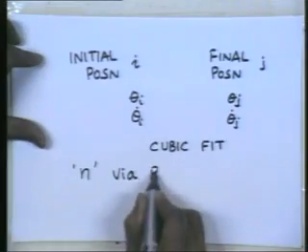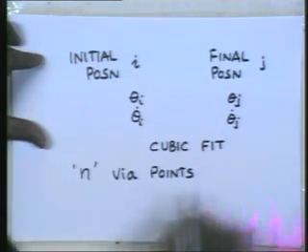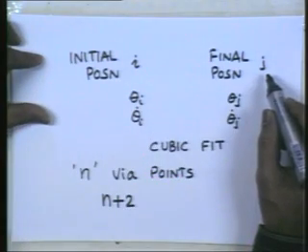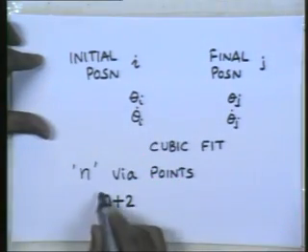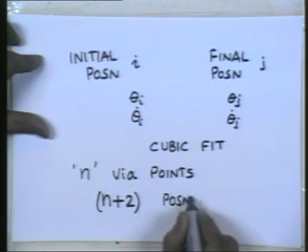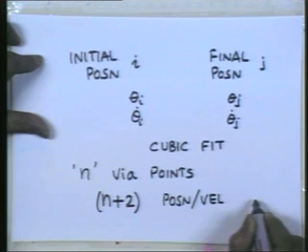Okay. So this is the stage where we were, but the problem we identified at the end of the previous discussion was that if we had to follow this type of a strategy to be implemented in a real manipulator, then if you have between the initial and final positions, say n via points, then the user needs to give n plus 2 sets of data on position and velocity data, because of the initial position one and the final position the second.